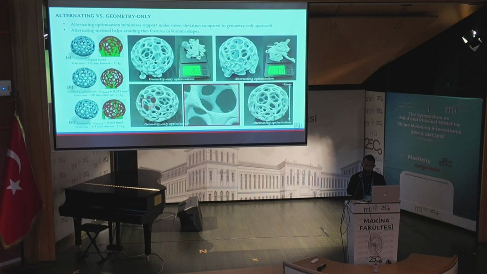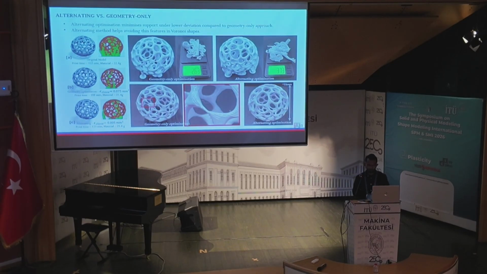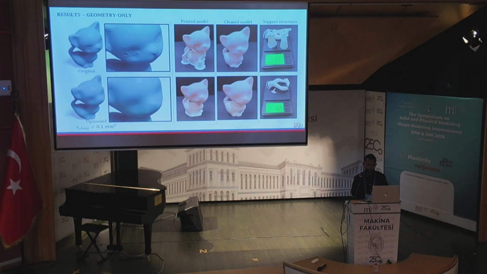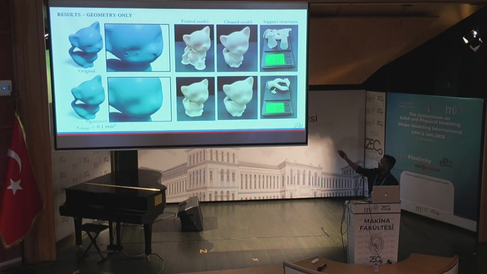So you can also see some sort of difference between the support structure volume between the geometry only and alternating optimized versions. But in general, both the methods are effective in producing support structures. So for models like Kitten with a flat base, users prefer the geometry only optimization. So we have the original one and the optimized one. And again, you can see the difference between the substructures